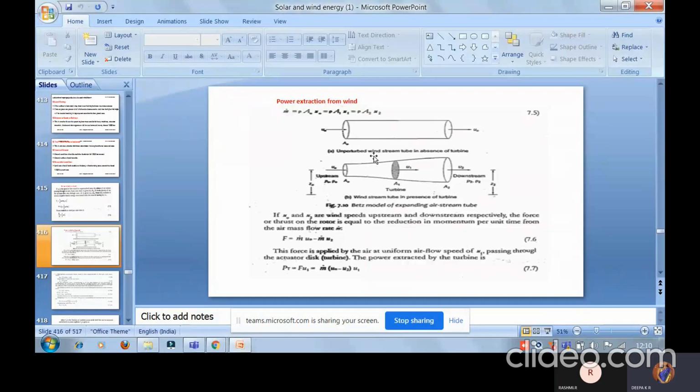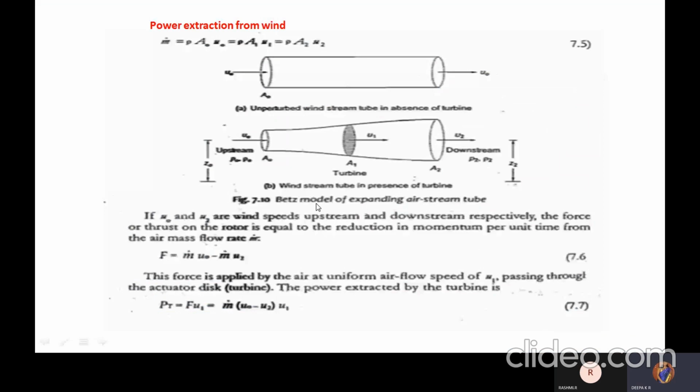Everywhere you can see the term A itself, area, which can be written as A naught for the upstream, and in the middle we have A1, where the air is passing through the rotor, and after that we have the downstream, represented with A2. Hope this is visible? I just enlarged this. So you are getting three different parameters: A0, A1, A2. A0 is upstream, A1 is the mid of the rotor, meaning the area of cross section while passing through the rotor position, and A2 is represented as the downstream. At the end you can find the downstream.